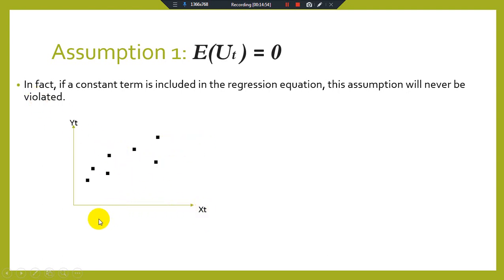Okay, if we draw a line here, then this is our estimated line. This estimated line will start from here, and after starting from here, this line will show a straight line trend. And here we have included a constant, so we have the dependent variable equals constant plus beta xt plus ut. So after starting from here, this part is called the constant. Okay, what happens if the constant is not included in our regression model?